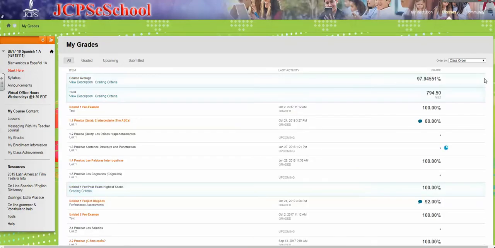So that's one way to check feedback. Another way you can check feedback, and this is also really helpful, if you've checked the feedback and then you want to go back and retake something. To do that, you would go to Lessons, click on your Lessons tab,